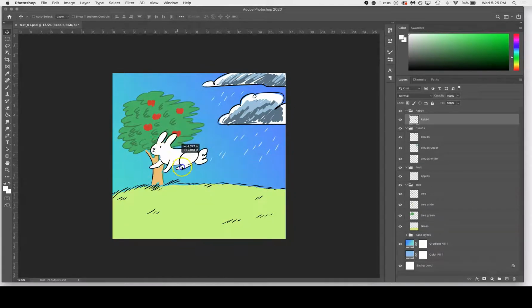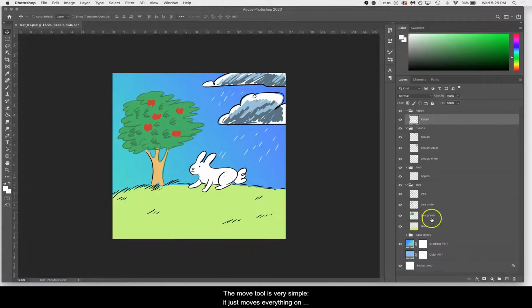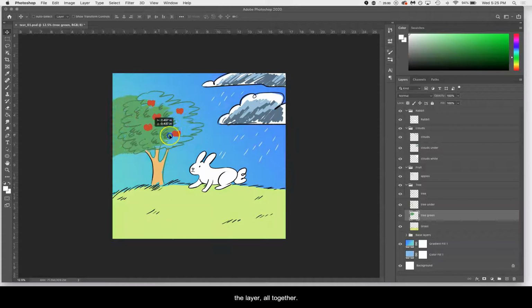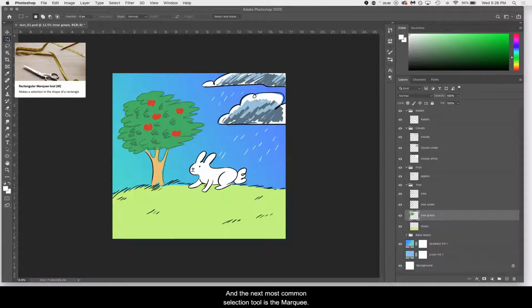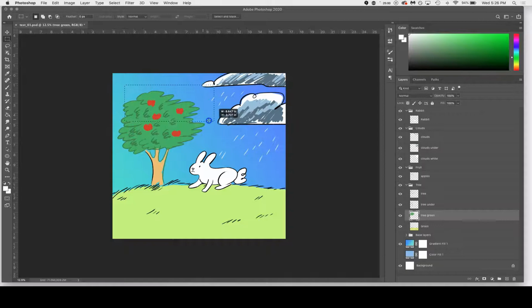Now you can see moving freely. The Move tool is very simple. It just moves everything on the layer all together. The next most common selection tool is the Marquee. So the Marquee is this rectangular dotted line. Now everything is selected within this rectangle,